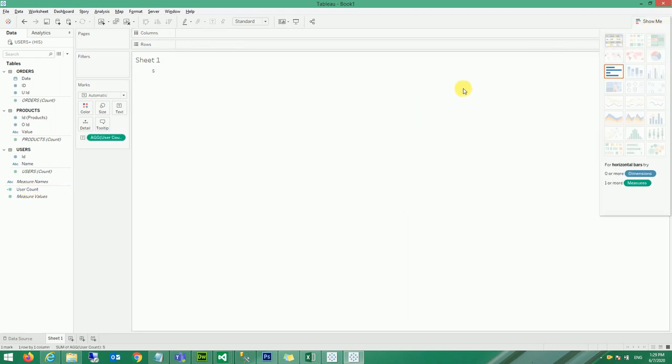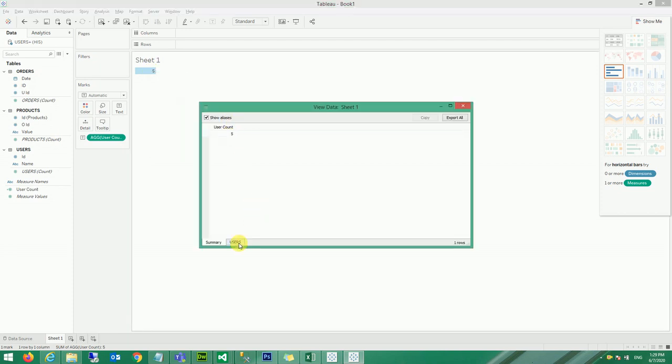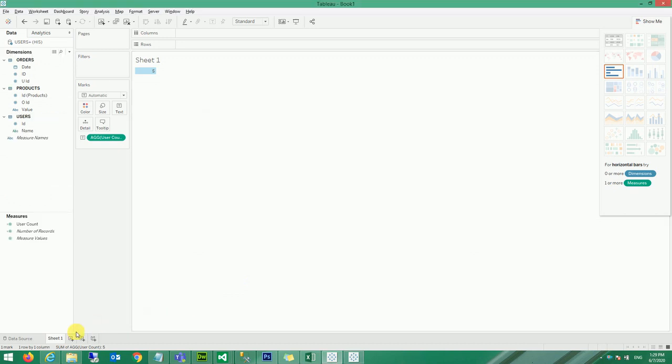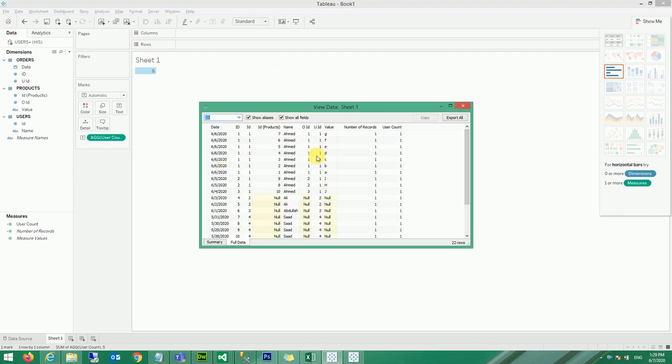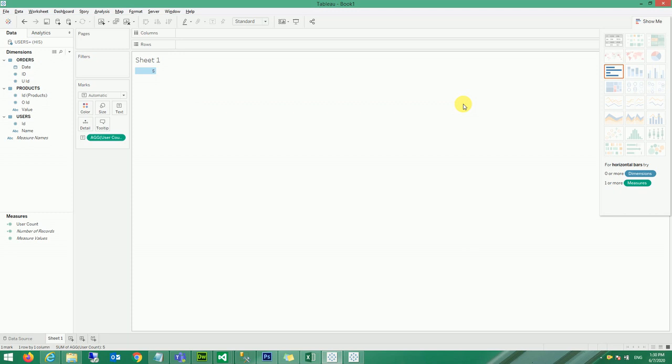But now what is the difference between this and that? If you see the data view, it has the 5 records, but if you see the complete user data for this particular table, you have only data from this table, unlike with the previous version. If you see the full data, it has one table which sometimes has misleading information. Not exactly, but some people, if they do not understand how Tableau behaves, can be misled by this information. So anyway, this is the simple demonstration of the joins and the relationship.